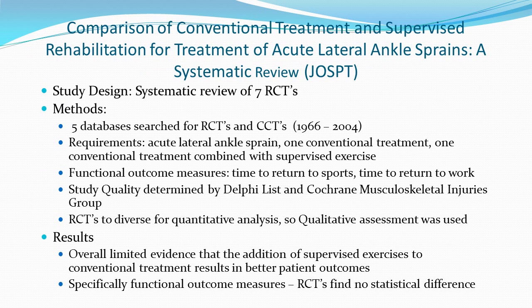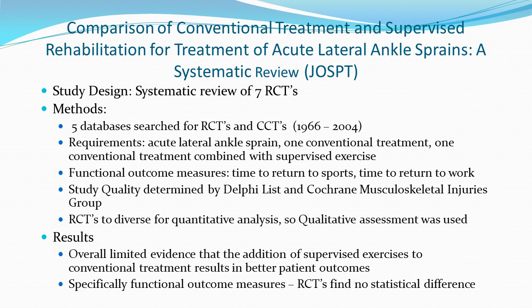Our next study is a systematic review published in the JOSPT, comparison of conventional and supervised rehabilitation for treatment of acute lateral ankle sprains. That ended up getting 7 RCTs, looked at 5 different databases. Some of the requirements said the subjects had to have acute lateral ankle sprains. At least one of the treatment options had to be conventional treatment, such as cold packs, complete or partial mobilization with casts, brace, bandage,